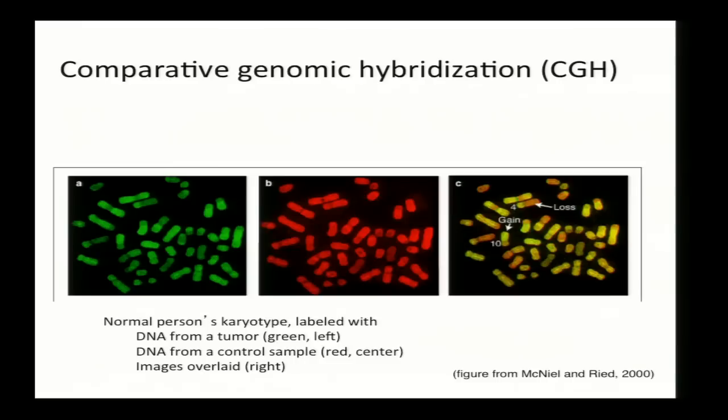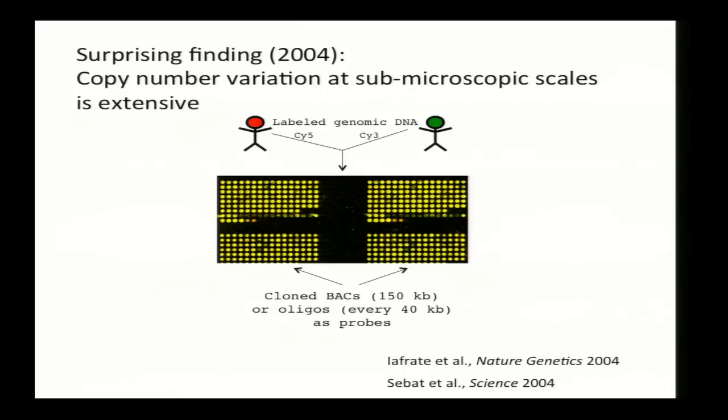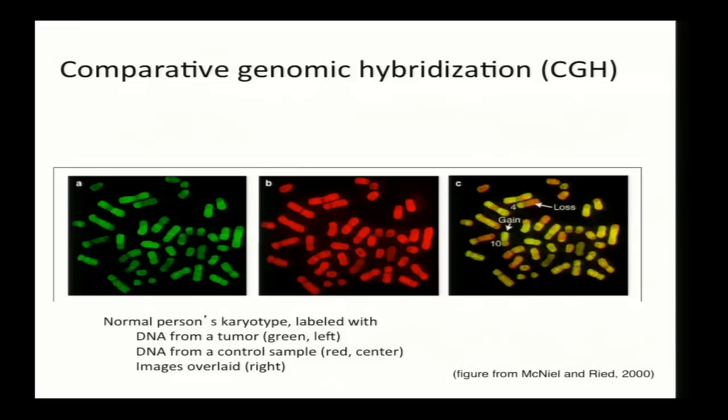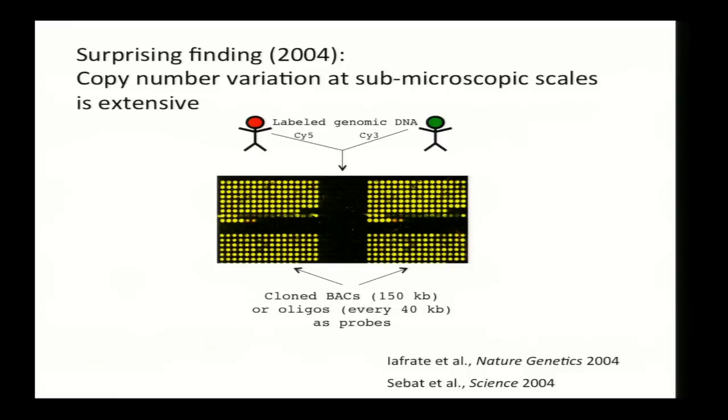And then most of the chromosomes would be yellow. They'd be bound by similar amounts of DNA from both samples. But then you could see these regions that were green or red that represented chromosomal sections that had been amplified or lost in the tumor. But the real breakthrough toward realizing that copy number variation went beyond cancer and